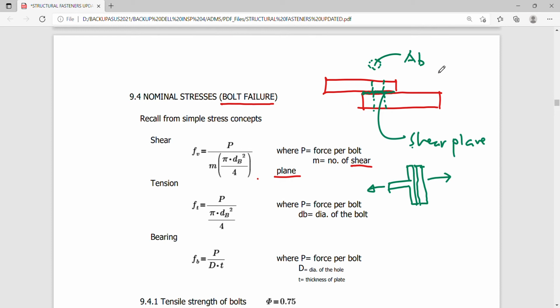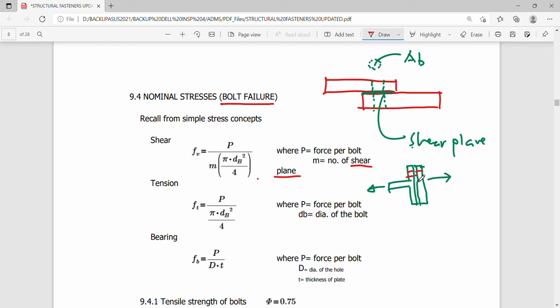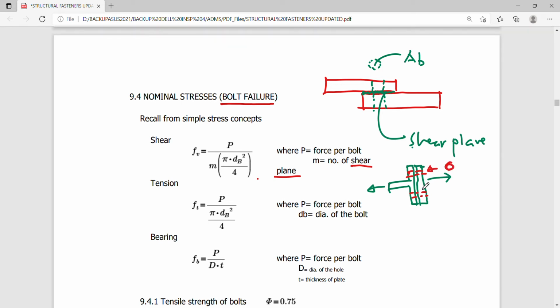Okay, so the plate is holding the T-section, and you have here a bolt. Okay, so the area again of this bolt is simply the area of a circle multiplied by